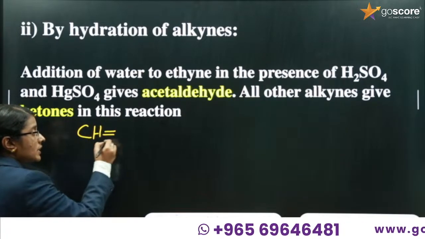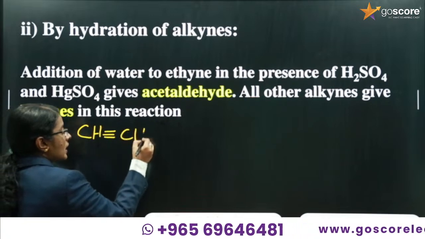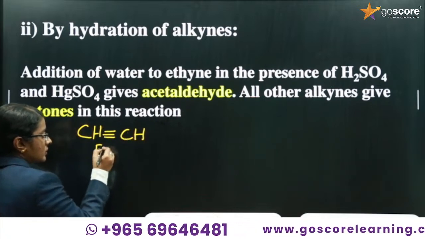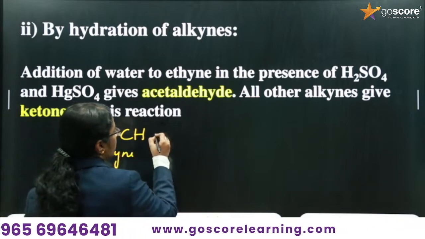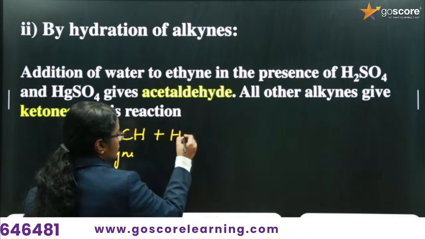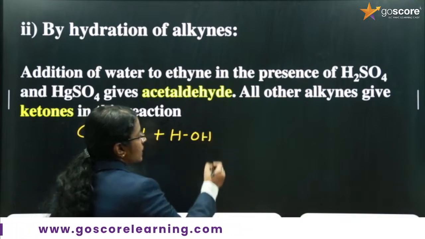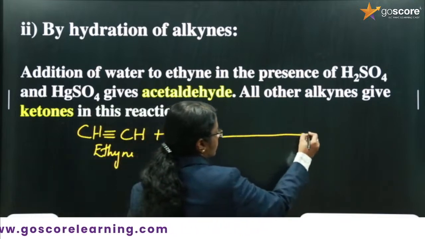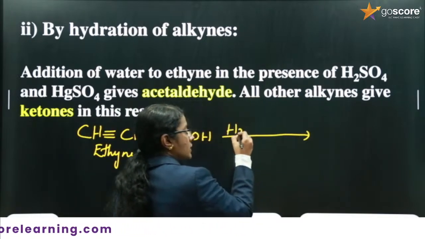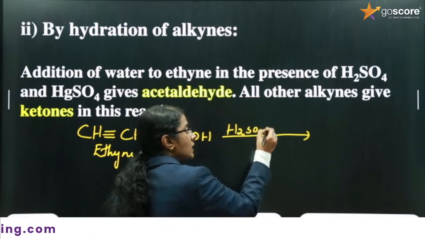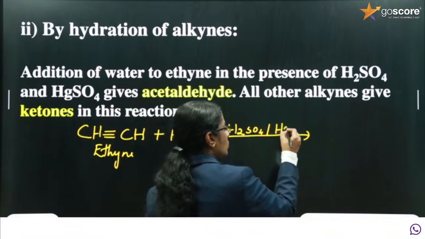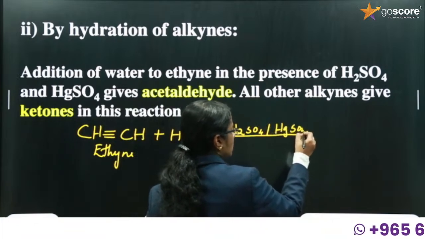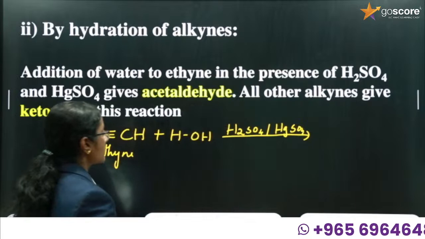First we take CH triple bond CH, that is ethyne. Ethyne on treating with water in presence of sulfuric acid and mercuric sulfate, HgSO4. First you will get